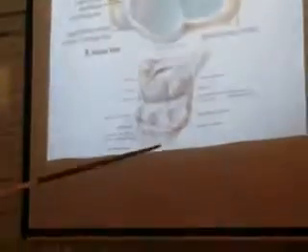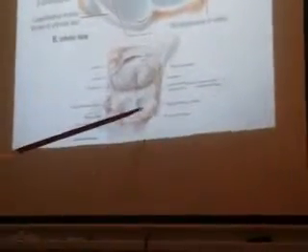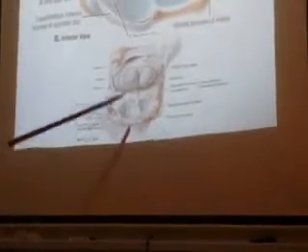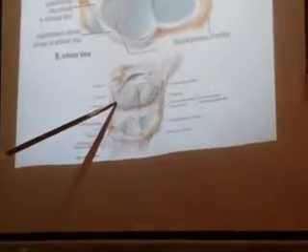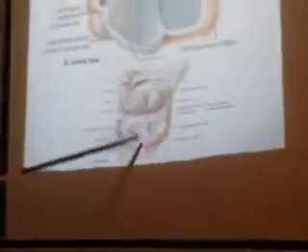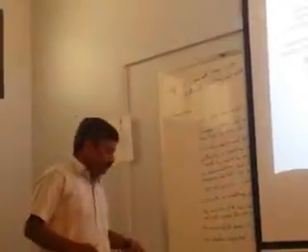This is the picture where they have cut open the wrist joint to show you. They cut the capsule to expose the articulating surface. You can see it here. This is the radius, and this is the articular disc, and these are the carpal bones: scaphoid, lunate, and triquetral. Clear? These are the articulating surfaces covered by articular cartilage, as in a synovial joint.